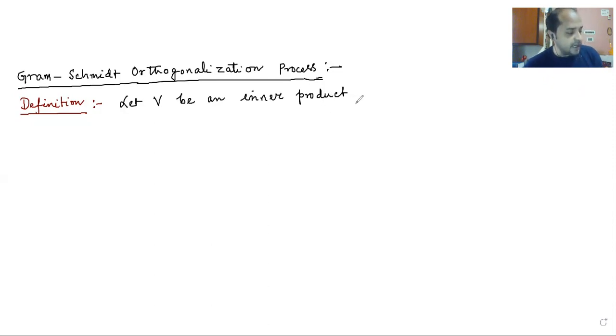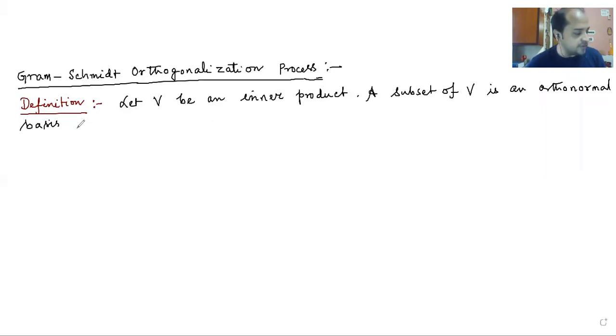So let V be an inner product space. A subset of V is an orthonormal basis for V